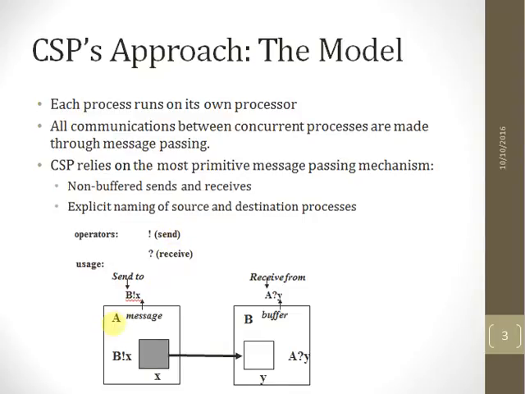Here there are two processes, process A and process B. A computes a particular value x, and it sends this output to the destination process. Here the process is b, so we denoted b. Since we are sending x, the output is x, and at b this value x is received,